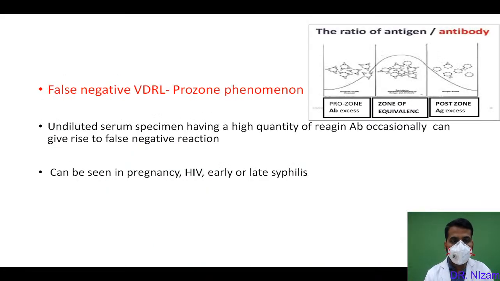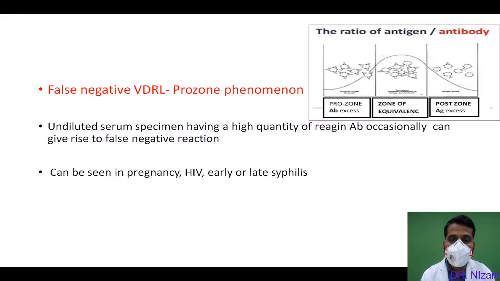Then coming to the next, after reading about the false positive, there is something called false negative VDRL also. Why does it occur? The false negative VDRL is due to the phenomenon called prozone phenomenon. Now, what is prozone phenomenon? When there is an excessive amount of antibody, it is called prozone phenomenon, and that might lead to the false negative